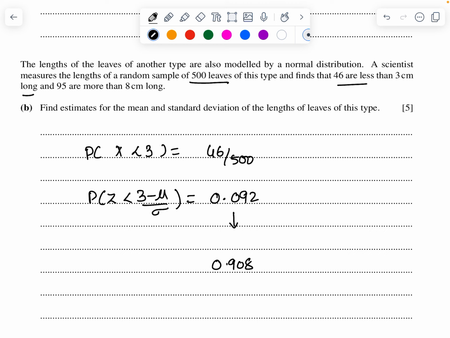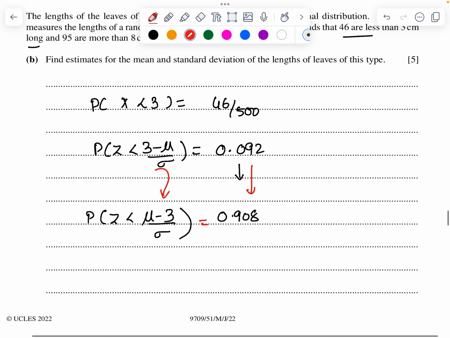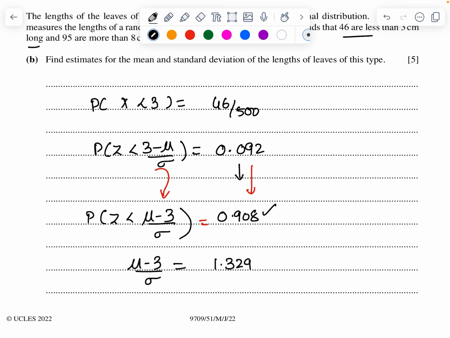So whenever I'm doing that, I am going to swap this one: mu minus 3 upon sigma. Whenever I do 1 minus, I need to swap it. Now see in the table, mu minus 3 upon sigma, when I look up 0.908, it's going to be 1.329. Check that value from the table, it should be 1.329. Similarly, next one,